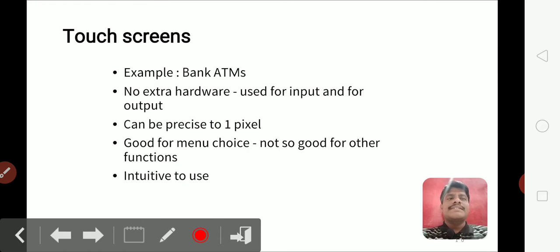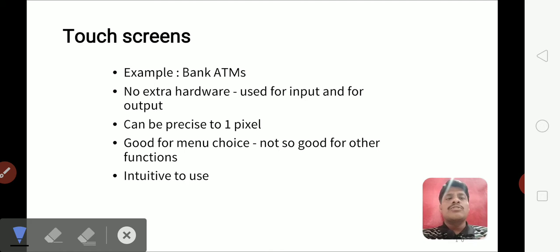In the touch screen, there is usually no extra hardware used for input or output. Based upon the precise pixel, accurate functioning will be taken up. Here the user makes a menu choice, and based upon the menu choice and the impression, the suitable action will be carried out by your ATM machine.